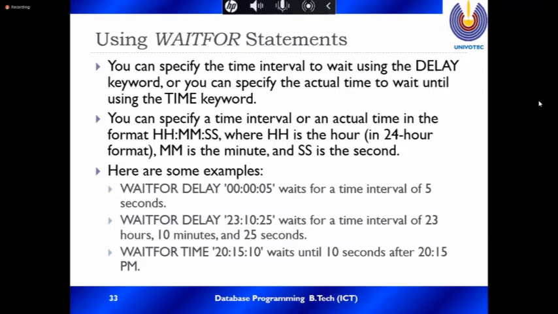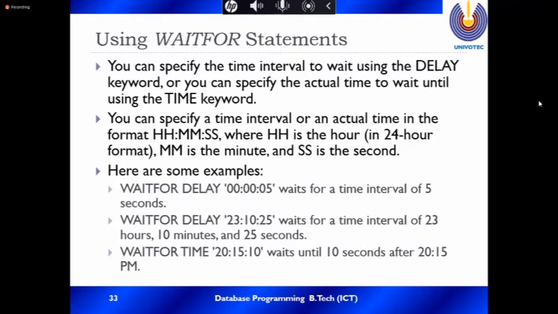Midnight is 0:00. This is the evening, night 8:15:10. Here you can see WAITFOR DELAY takes a time interval, and you can give a 24-hour time interval, and WAITFOR TIME.